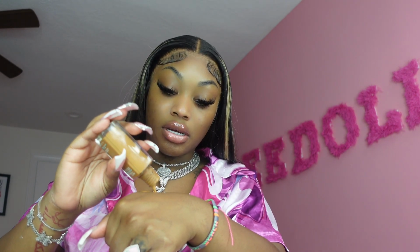Then I'm gonna go right, oh, see, that's what I'm talking about. I'm gonna go right directly on the side and pour it just like this. I'm gonna take a little smaller brush just to mix it, but I'm going to use my Real Techniques brush to blend my foundation out. So I'm just gonna mix it like this. Okay,